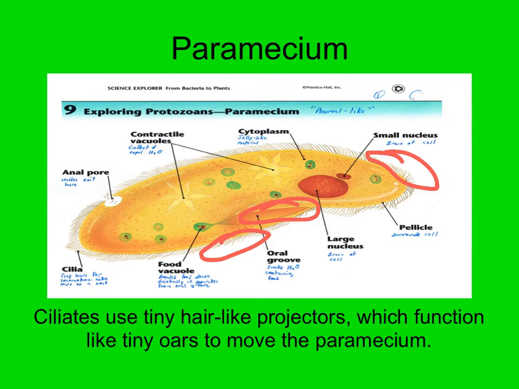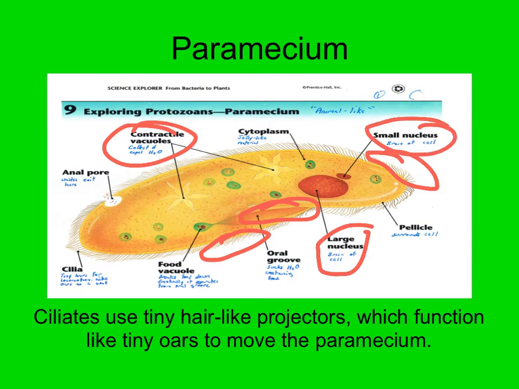around the particle. The paramecium is kind of unique. Not only does it have the contractile vacuole, but it actually has two nuclei, as you can see here, the large nucleus and the small nucleus, also known as the macronucleus and the micronucleus. The large nucleus is like the brain of the cell and primarily controls the day-to-day functions of the cell, whereas the small nucleus is more responsible for the genetic aspect, the reproductive part of the paramecium. They also have an anal pore to expel waste, and they have a unique structure called the pellicle, which surrounds the cell.